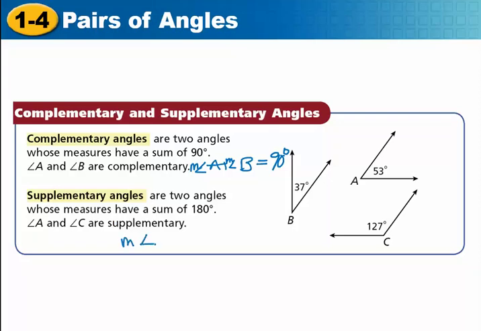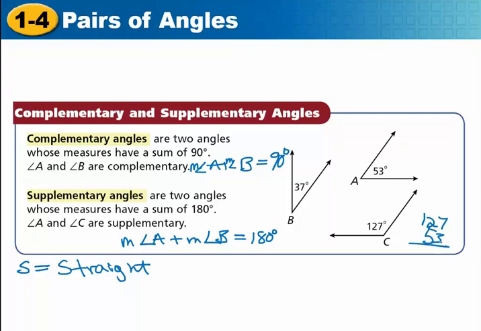Supplementary is when you add the measures of the two angles up and you get 180 degrees. Some people remember it as supplementary starts with an S, and so does straight line. But they don't have to be adjacent. So in this example, if you can find two angles that add together to equal 180, even if they're not touching,